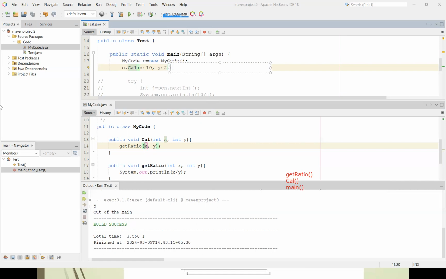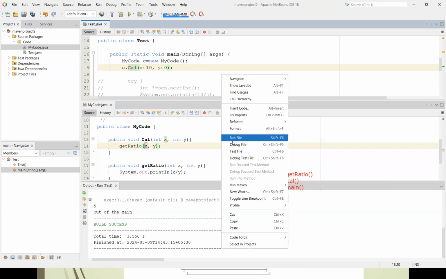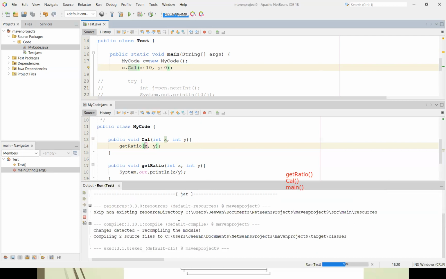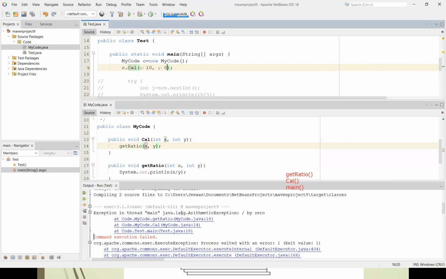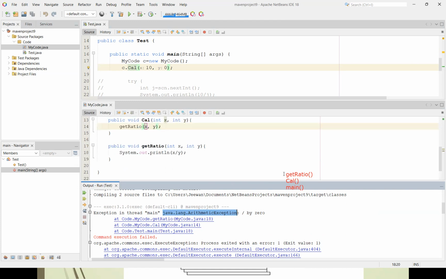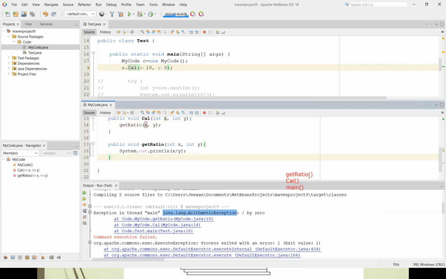Right, now let me pass the values 10 and 0. Here, 10 divided by 0 will result in an arithmetic exception. Therefore, this will throw an arithmetic exception. Since there is no exception handler, the get ratio method here will throw